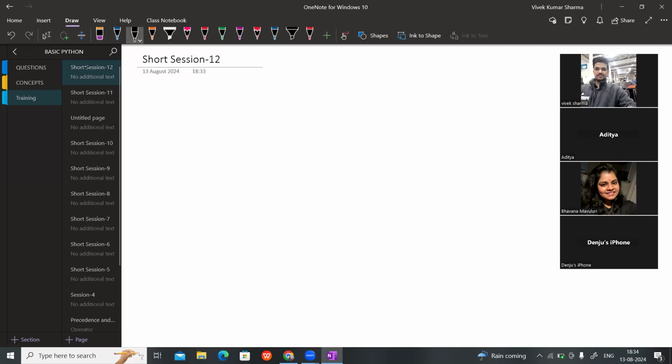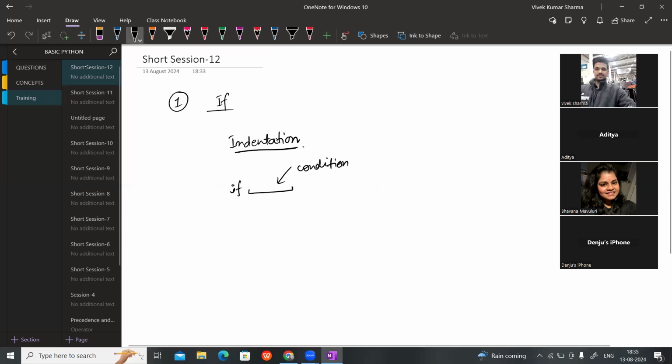Okay. So first we will discuss the if flow. Before discussing this one, we will discuss indentation. Suppose we are using one if statement. There is one condition written here. Here we are having some condition. Then we have to apply this colon. And if we want to write some code inside the if flow, then we have to give some space here,